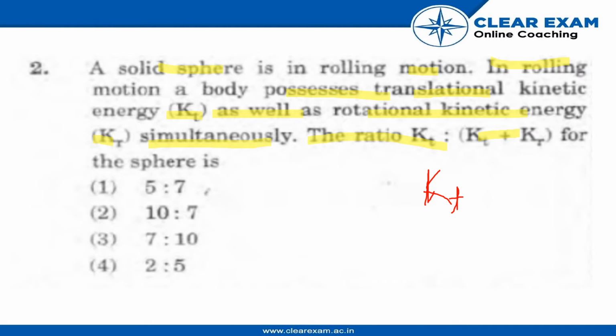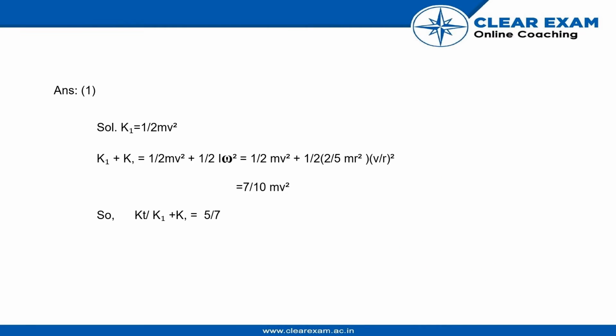Kt divided by Kt plus Kr. So we have to find this. Here the answer is 5 by 7, because we know that Kt is equal to 1 by 2 mv squared, the formula that we have. So Kt plus Kr will be equal to,